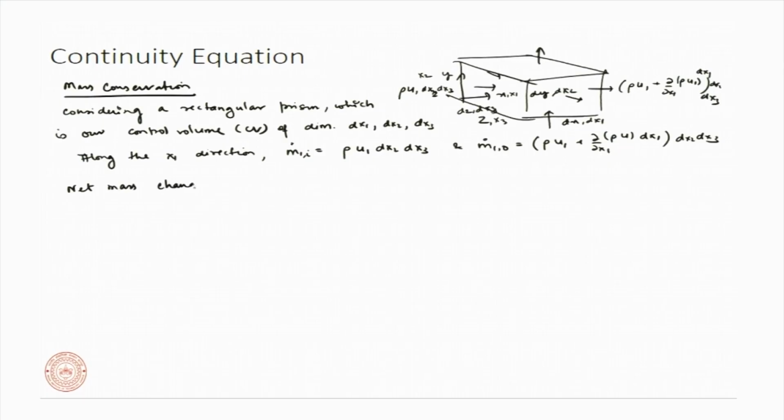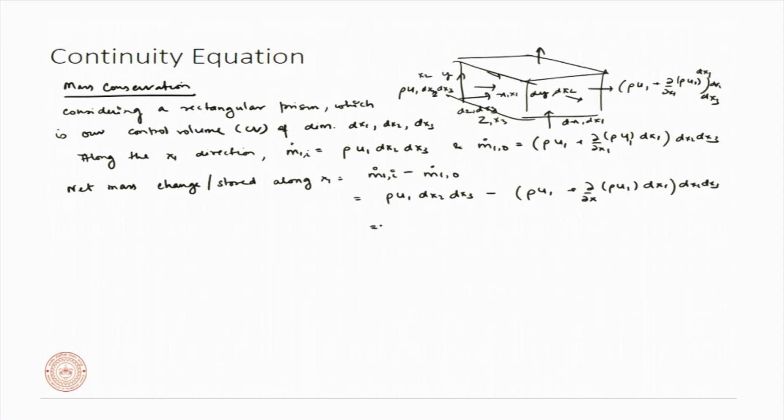So, the net mass change stored along x1 will be equal to your inlet minus your outlet, which will be your rho u1 dx2 dx3 minus rho u1 plus del by del x1 of rho u1 dx1 dx2 dx3, and we find out it is equal to minus del by del x1 of rho u1 dx1 dx2 dx3. Okay. Along all three directions,